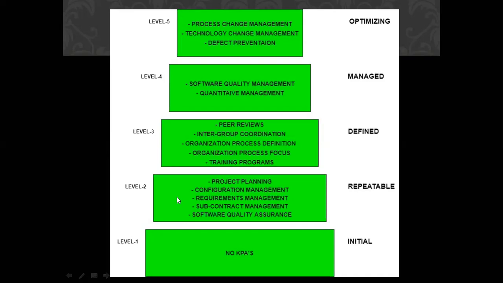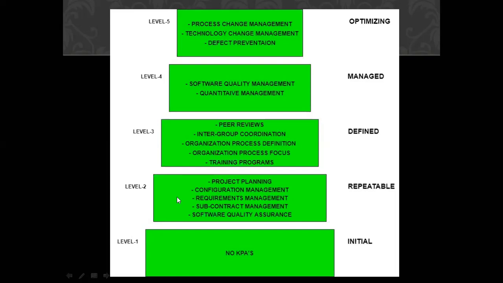The last one is training programs. Training programs focus on improvement in the knowledge and skills of the team members. You can understand this part from the name only, what purpose training programs serve. If some person is not that skillful, some training should be provided to the complete team. Then these training programs should be organized in the organization. All these things together make a mature, level 3 organization. And these are some key process areas which this capability maturity model follows for reaching those levels.